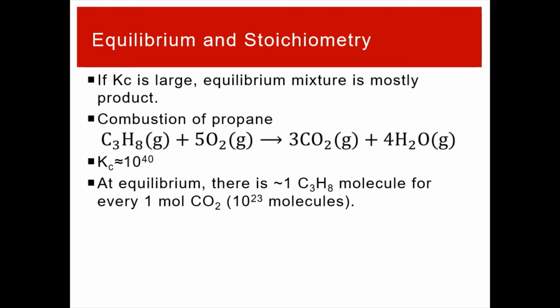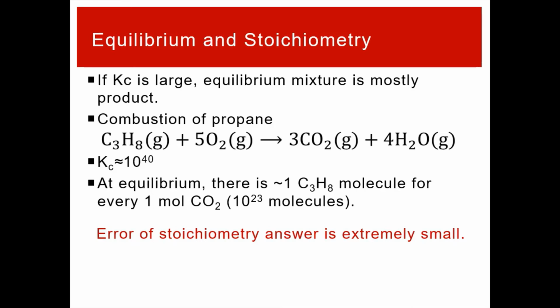So basically, if you wanted to use an equilibrium description and figure it out, there would be 1 molecule left for every 1 mole of product. That means if you just use a stoichiometry analysis, your error is 1 molecule, right? Which isn't bad. That's extremely small, right? There's no way the sig figs of any of your numbers would at all represent that, right? You don't have 23 sig figs on your value, so 10 to the 23rd is going to overwhelm whatever 1